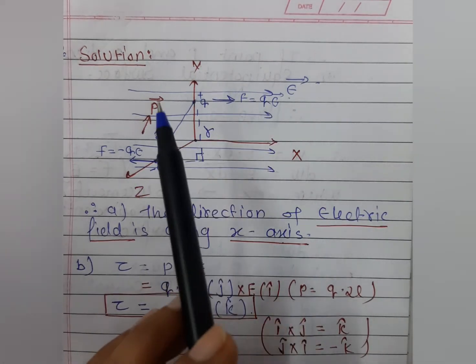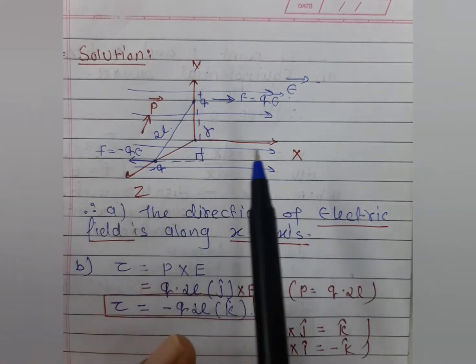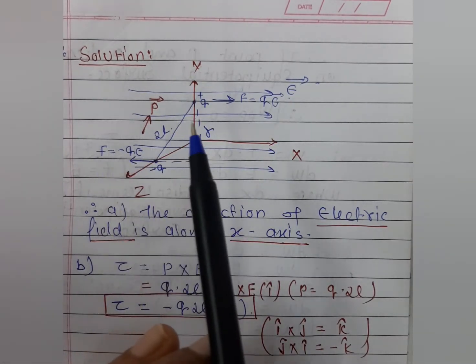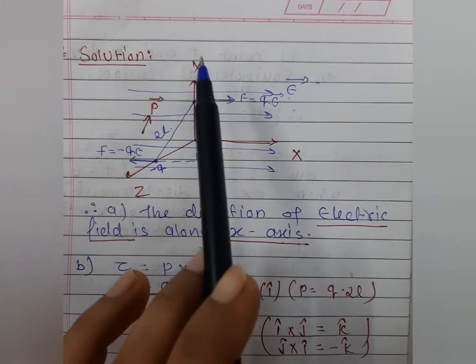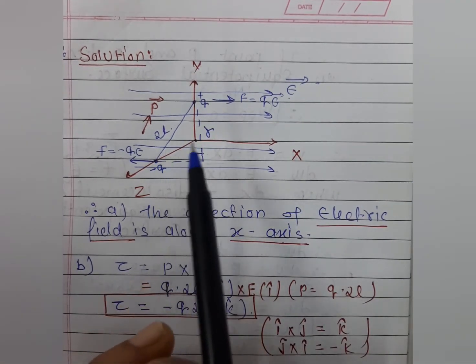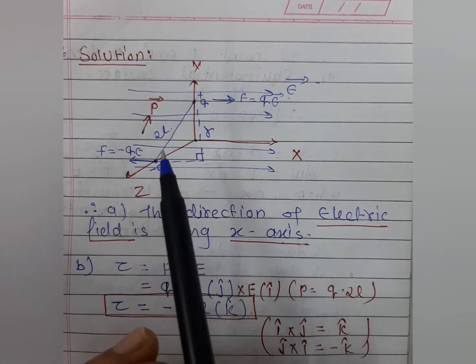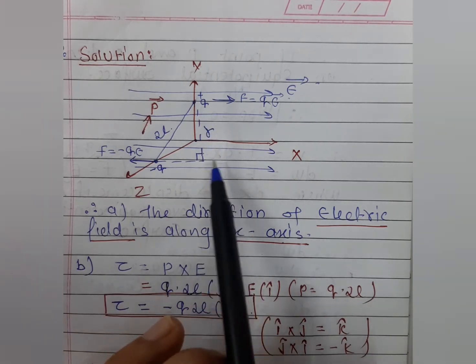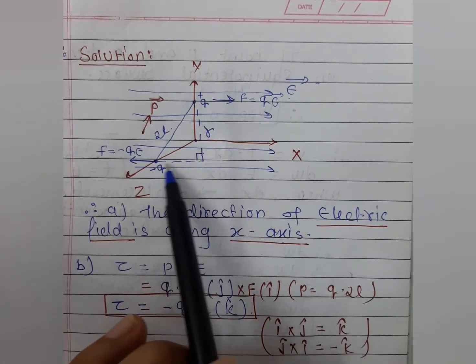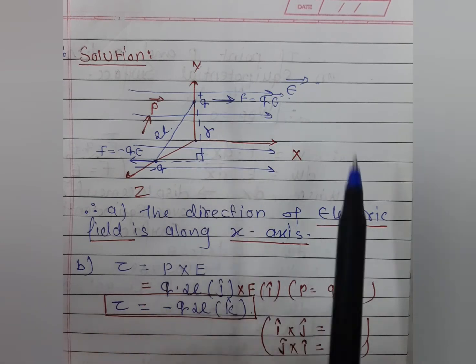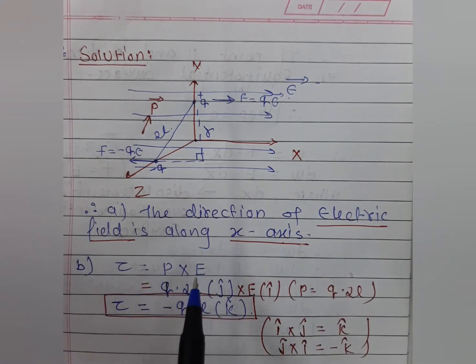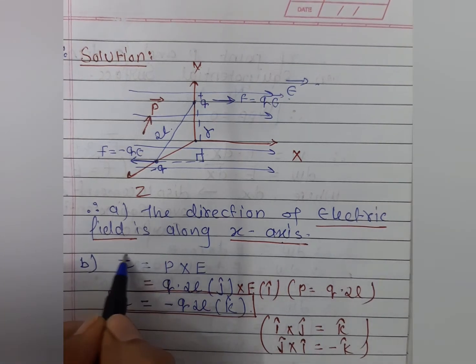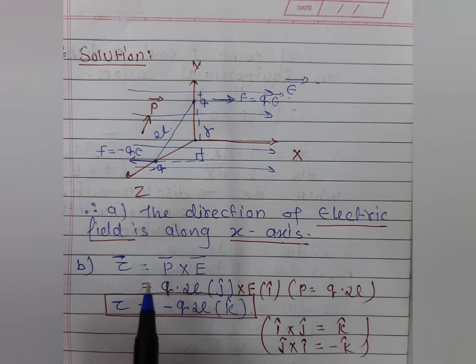Here we consider, because you know it very well, students, in space we have three axes, x, y, z. According to our condition, the electric field is on the x-axis, the positive charge is on the y-axis, and the negative charge is on the z-axis. The distance between the two charges is 2l, and the dipole direction is p. The force has a perpendicular distance r, so the torque is P into E, because in the next step we have to find how much torque would be experienced in this electric field. The torque formula is tau equals P cross E.